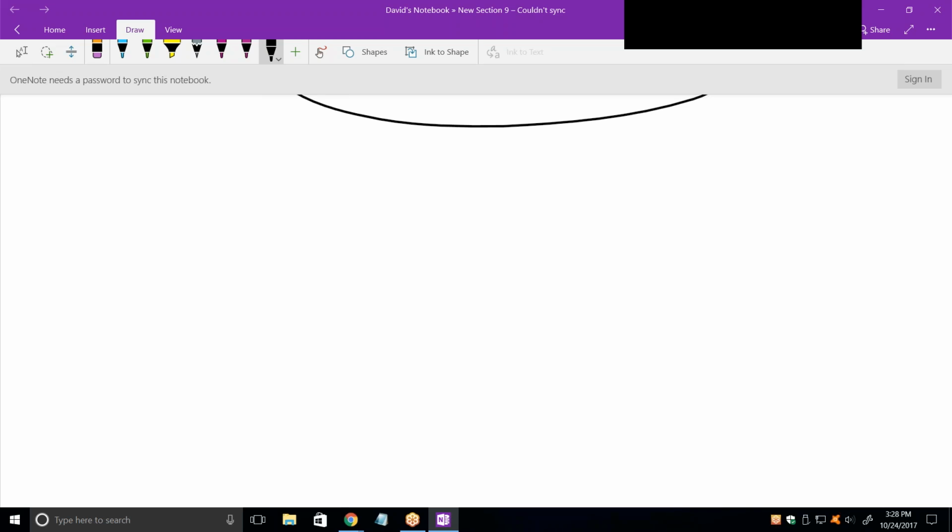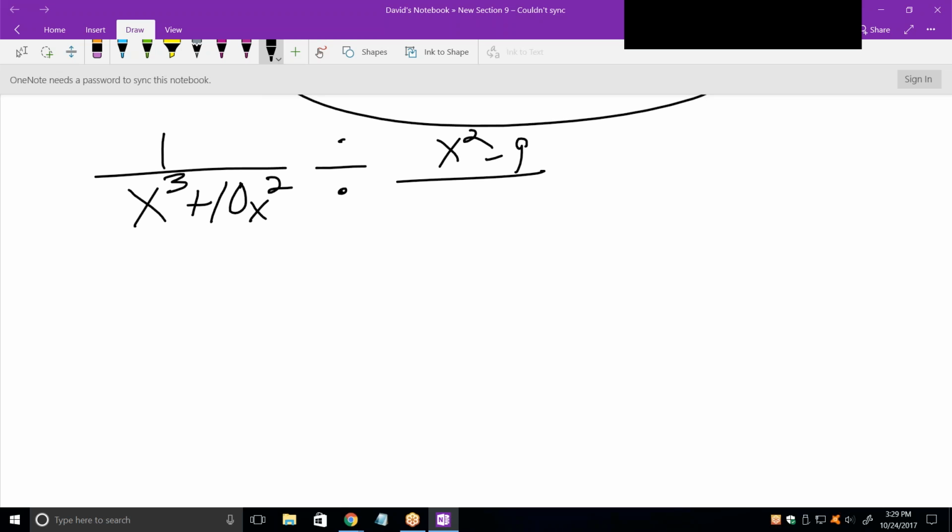Alright. 1 over x cubed plus 10x squared, and then divided by x squared minus 9 over x plus 3, and then multiplied by